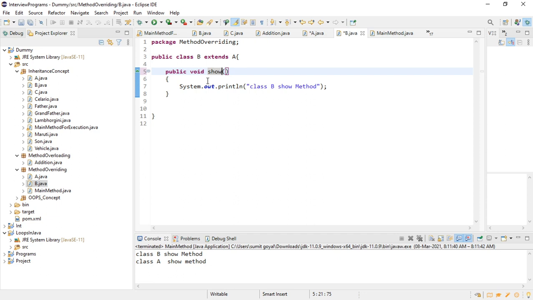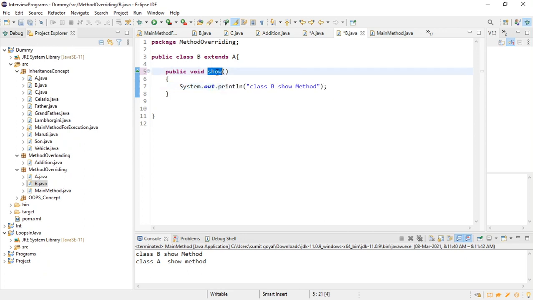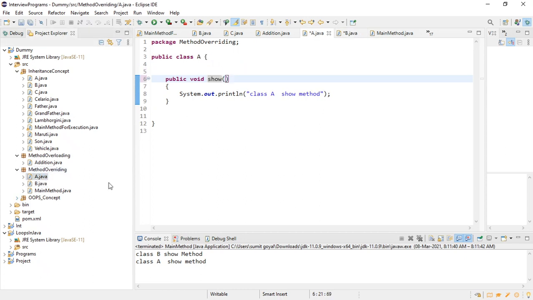Now the same method will help us. Again, we are using polymorphism, which means having more than one form with the same name. Earlier we discussed method overloading, where the method names are the same in the same class, but here as we are having different classes, again I'm making the same method to print something. Now I'm not saying show A, show B, right? So that same method will help us to do that.